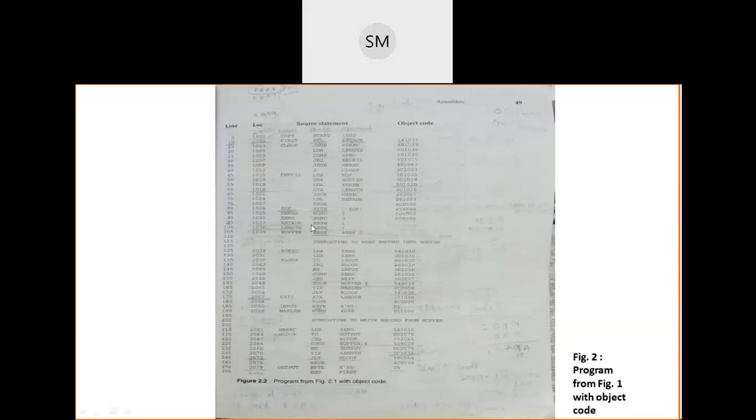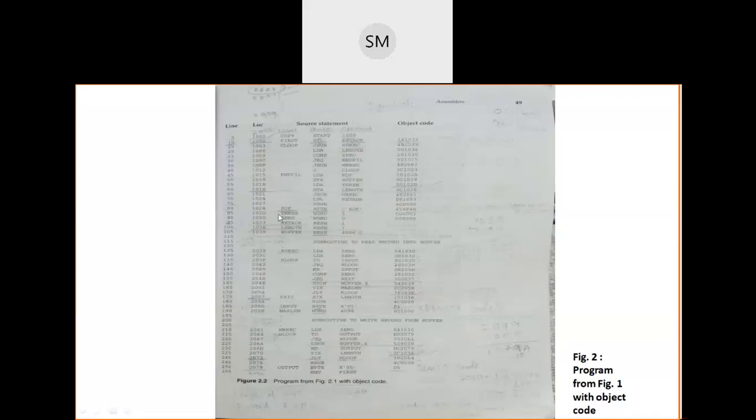So each and every instruction is 3 bytes long, and I am going to keep on adding 3 here. I hope you understand. Then it becomes 1015, 1018, 101B, 101E, 1021, 1024, 27, 2A, 2D,